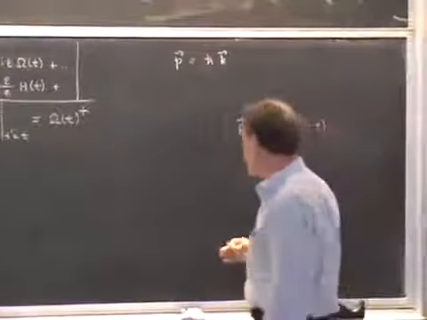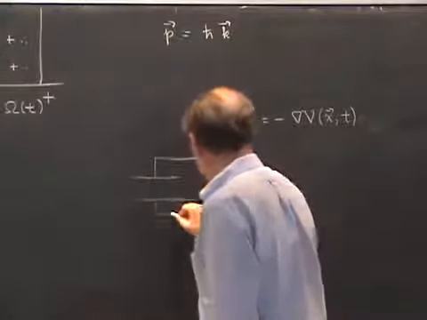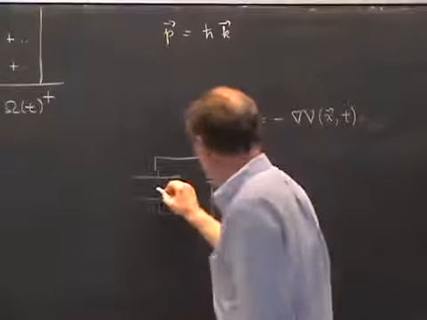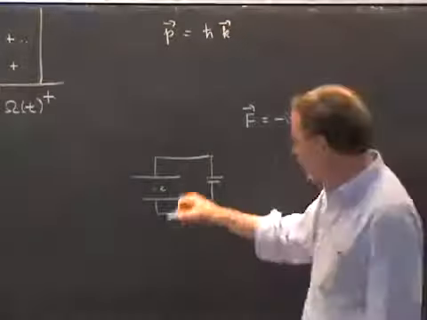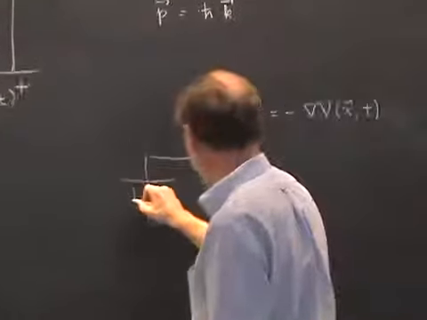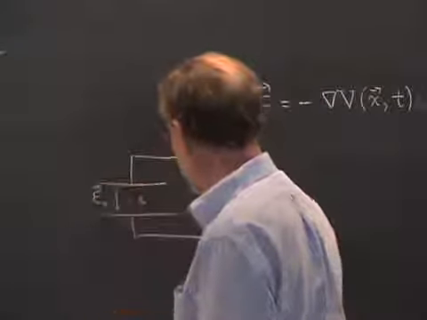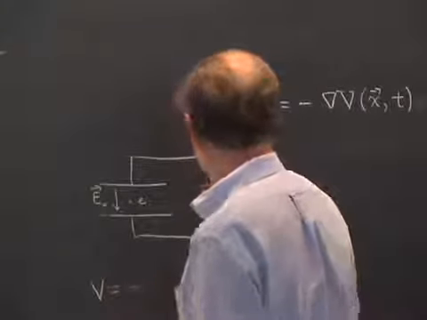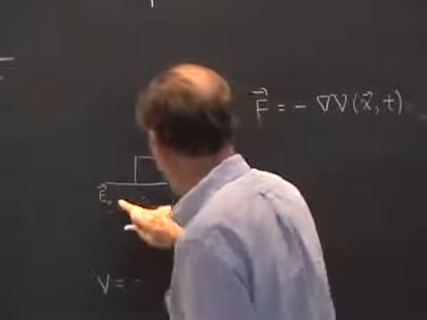I'll give you two examples of this. Let's suppose we have a capacitor plate here, like this. And let's suppose we put a DC voltage across it, and we look at a charged particle, an electron in there. Now, in this case, you have a static electric field here. I guess it's pointing like this. Let's call it E0, it's a static electric field. And there's a corresponding potential, which is equal to, let me do it this way. Let me make it go the other direction.